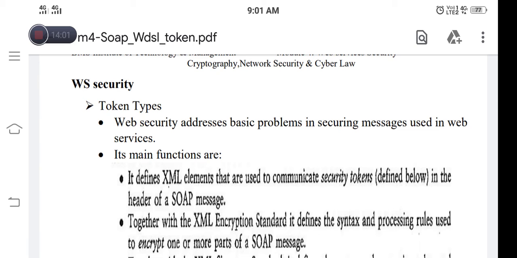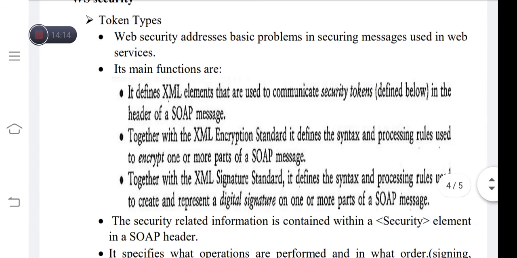So let us see what these token types are. Web services security addresses the basic problems in securing messages used in web services. Its main function is that it defines XML elements that are used to communicate security tokens in the header of a SOAP message.